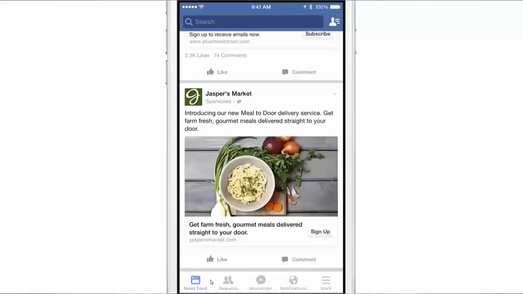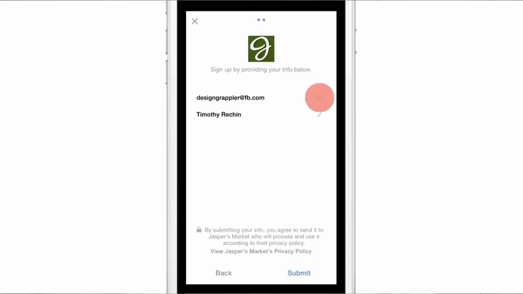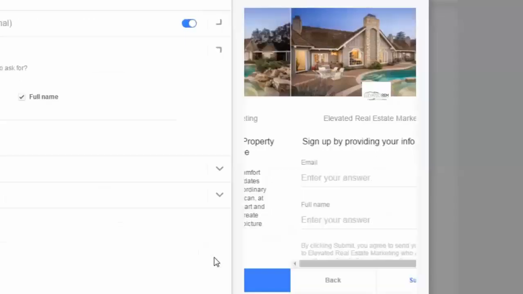Today I'm going to show you how to create a Facebook lead ad. It is an ad essentially that asks for the contact information up front. It's almost like a little mini landing page inside of Facebook. We're going to use it in this video to get people to sign up to then view a single property